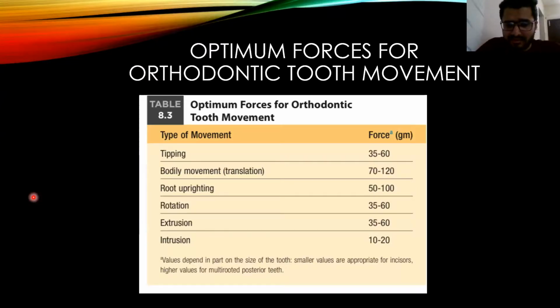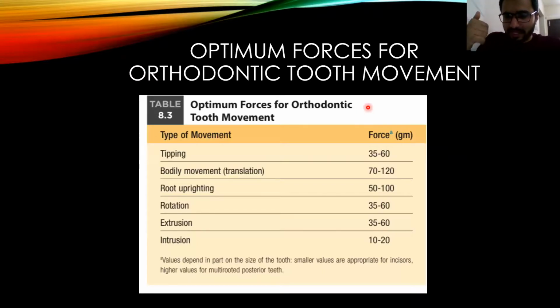Now amongst these, which is the most difficult to achieve? Which is the tooth movement which is very difficult to achieve and requires the least force? Yeah, intrusion is very difficult to do and that too very safely. In intrusion, what are you doing? You're pushing the teeth in the bone. You're pushing the teeth up, isn't it? So when the teeth is getting pushed up, your apical vessels, your blood supply, nerve supply is at the apex. So that can be damaged.